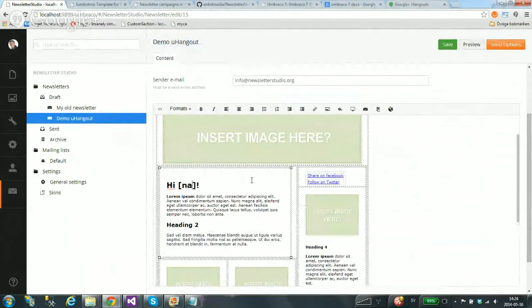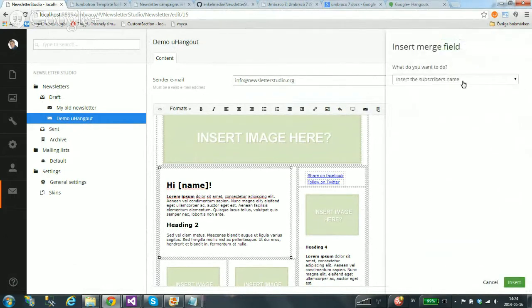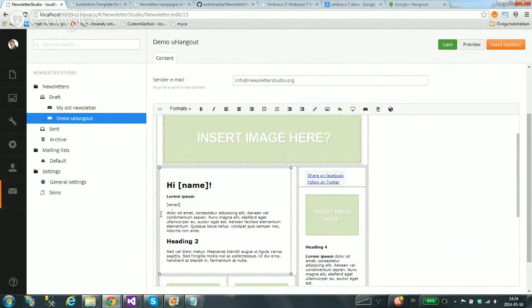We have a merge field feature. So you can just insert the name of the person here, or there's also a menu option here to insert a newsletter merge field. Okay, I was going to say, was there some kind of UI to kind of help us? Yeah, it is. So you can just insert it like that, and then it will be replaced with